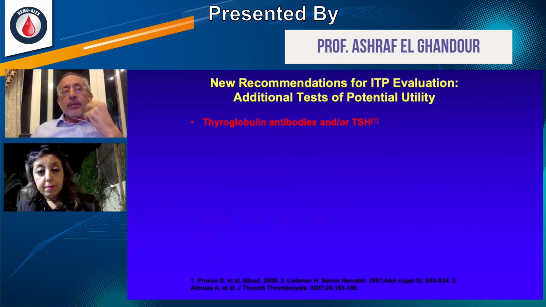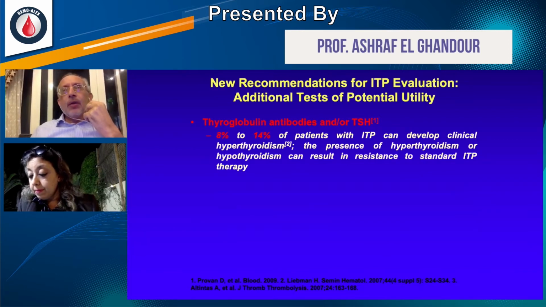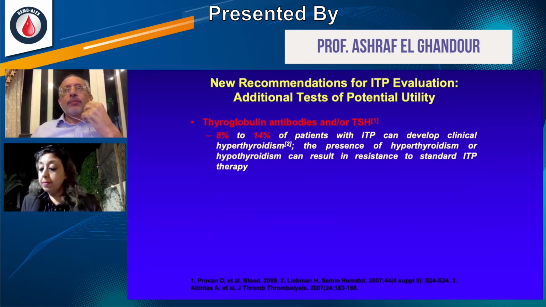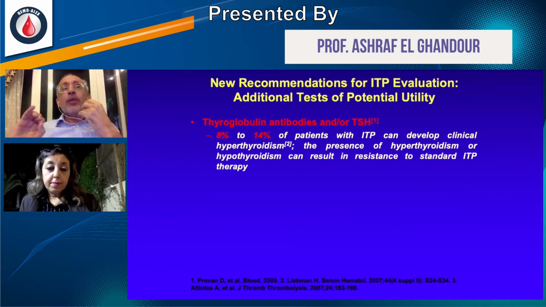Additional tests: thyroid antibodies and TSH. Look, up to 14% of patients with ITP can develop clinical hyperthyroidism. The presence of hyperthyroidism or high dose can result in resistance to standard ITP therapy. It's a very important issue. If you have a patient with resistant ITP treatment, you must do thyroid antibodies and TSH, because you may have